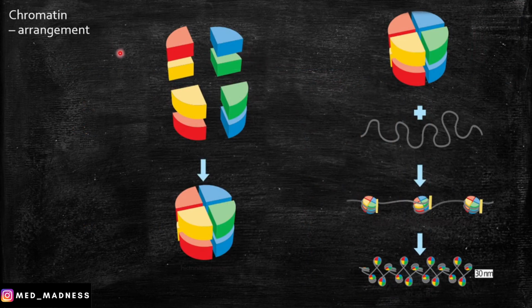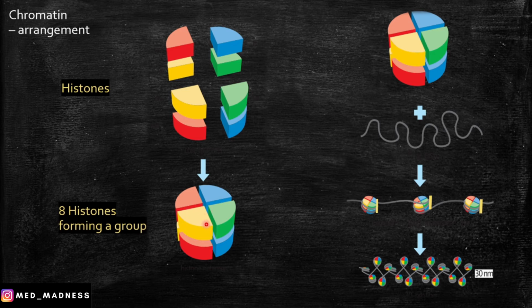So this is how the chromatin is arranged. Let me explain. This is the histone proteins 2A, 2B, 3 and 4 into 2. And this forms a group. So the 8 histones form a group. And what is this? The DNA. In each cell, the DNA is around 2 meters long. So the DNA must be compactly placed inside the nucleus. So the histones are going to help with this process.